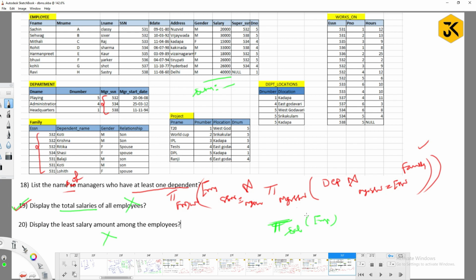This is one way. And what about this one? You need to get the whole list of salaries. You are going to compare each one with the others, something like a sorting technique or whatever it may be. Right? But instead of writing the programming logic again and again, they have come up with one more concept called aggregate functions. Okay, that we'll see in the next class. Okay, now. If you have any doubts, you can ask me.